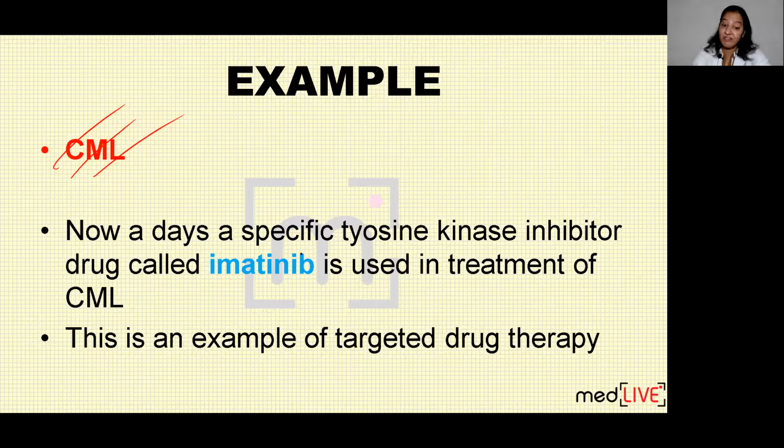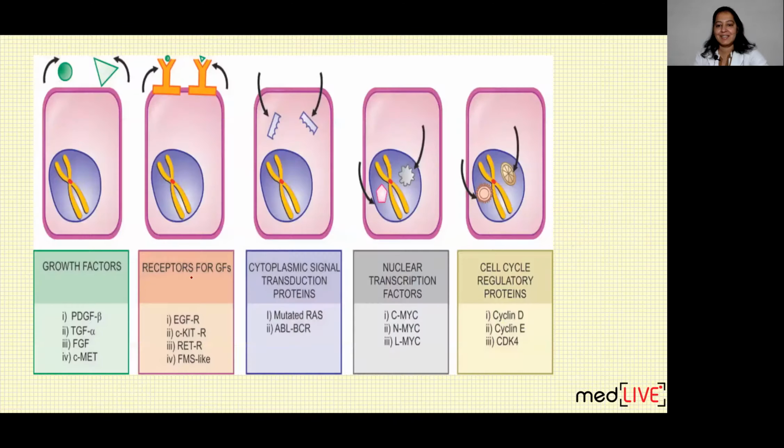Now there is a specific drug known as imatinib available. It is known as targeted therapy. Because of the fusion gene, that is ABL-BCR fusion gene, I have told you what will happen. An enzyme named tyrosine kinase will get permanently activated, which causes uncontrolled mitosis. This imatinib is the inhibitor of that tyrosine kinase. So the ABL-BCR fusion gene is formed, but tyrosine kinase won't be overactivated because imatinib is given. So CML can be cured, you can say. It can be treated. Correct.